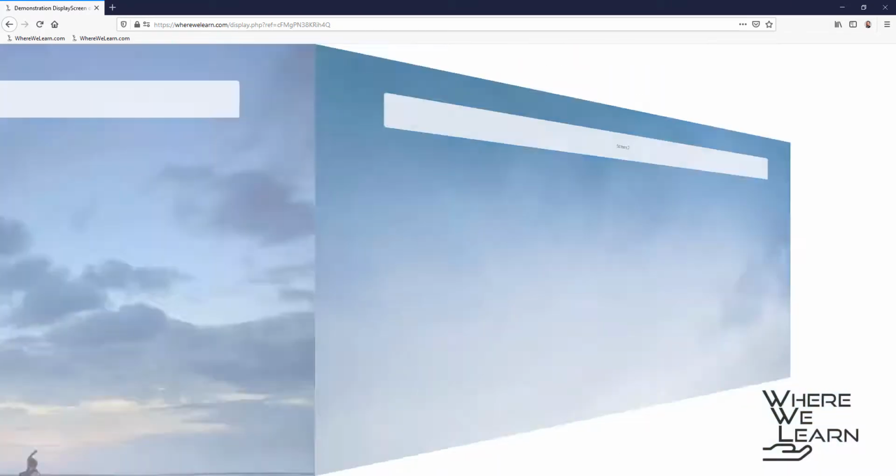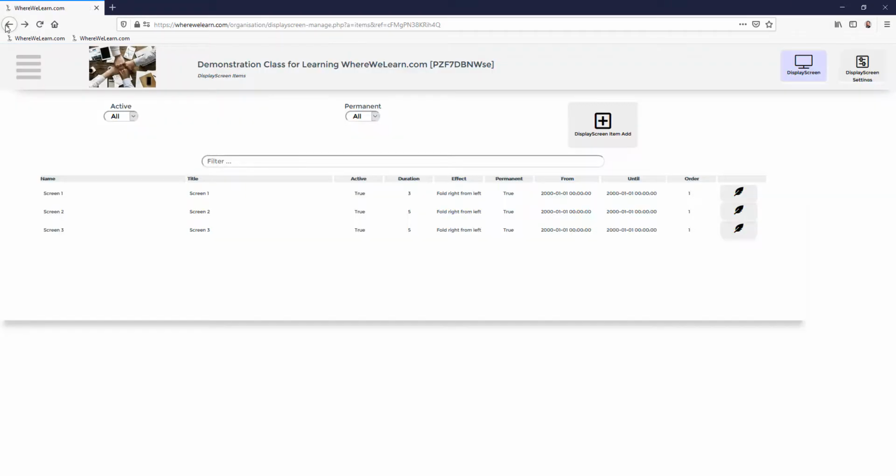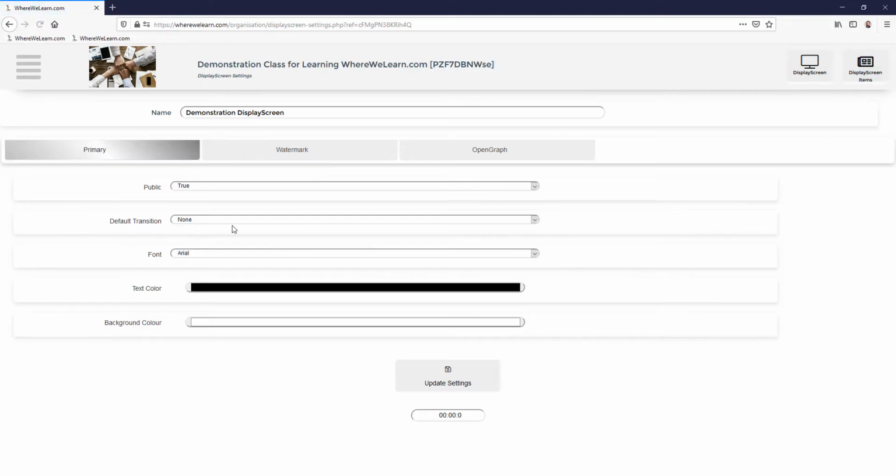So what else does the display screen tool have as being useful to us? So let's have a look. First up, it's possible to share a display screen with the world. Change the public to true, and then anyone in the world can review your display screen. By default, this will be set to false, and display screens are only visible to you or members of your